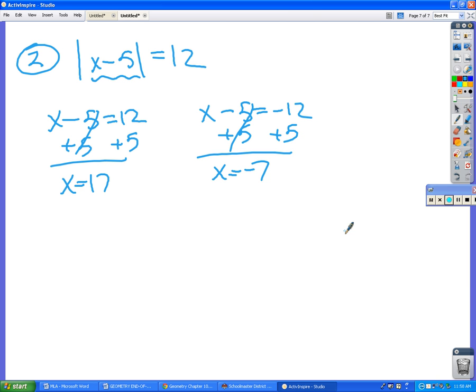And if you take negative 7 and plug it back into the original thing, negative 7 minus 5 is negative 12. And the absolute value of negative 12 is also 12. Okay? So most of the time, absolute value equations have 2 solutions. Okay, the next one here is a little bit different, except